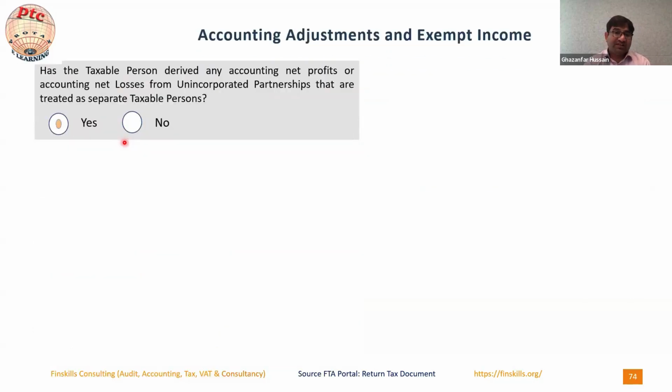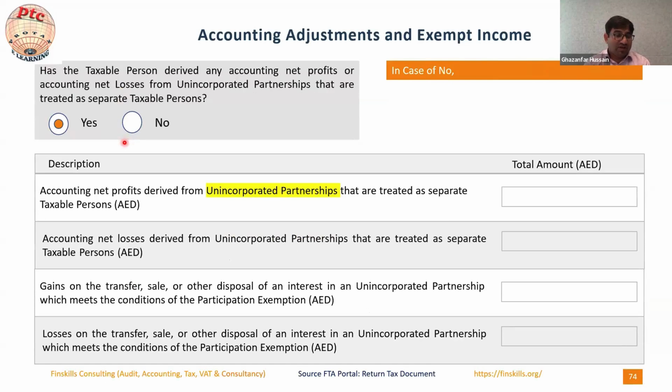If you opt for yes, the additional questionnaire will be open. So now these are the additional information from unincorporated partnership that have to be fulfilled. So keep in mind, update your books of account. If you are